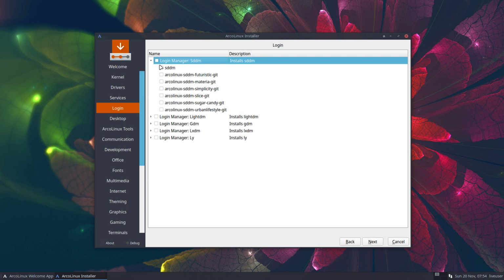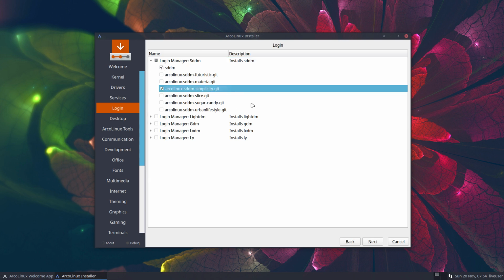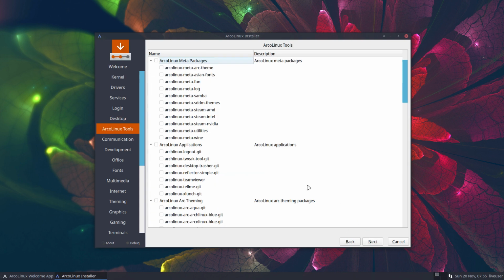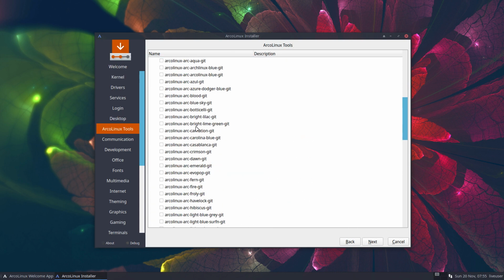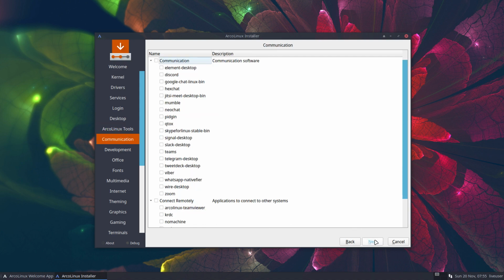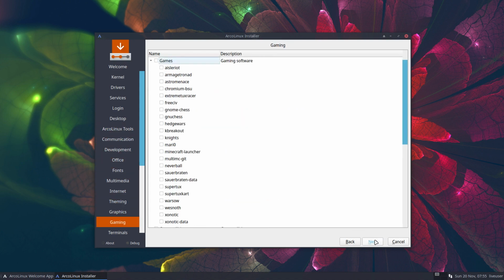SDDM is what we use, and this one is what we use as default, but you can choose anything else. Next, and so either I have to make 2 videos about Enlightenment, and this is that's it, Enlightenment, and the other one later will be about Dusk. So Enlightenment, choose some themes, meta themes, arc themes, all the stuff we've made in one little place, one drop down or one page. Next, and then just applications. You just select whatever you like,